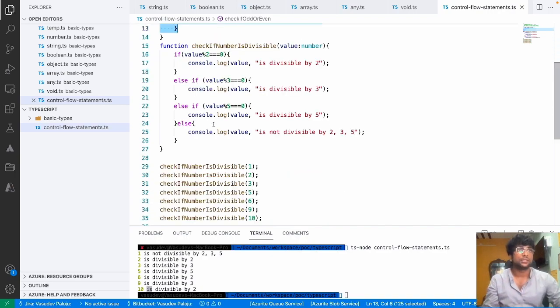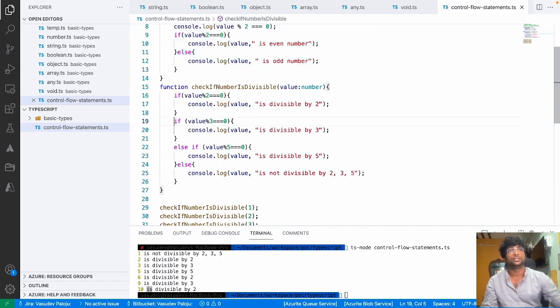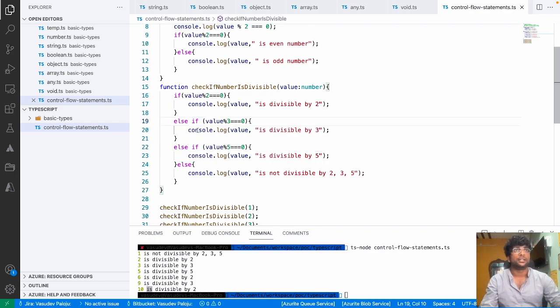you can use this, or some people will argue, why can't I simply use if? So when you write else, this will be bound only to this particular block, the latest if statement. So you can write this, you can write that, but just to ensure, if I write it this way, now what will happen is that,